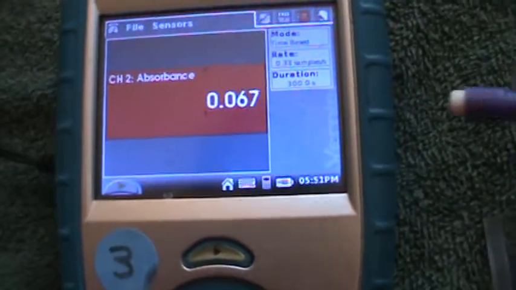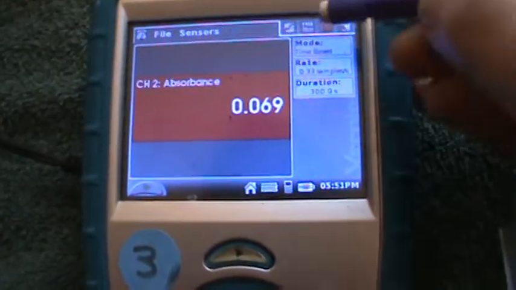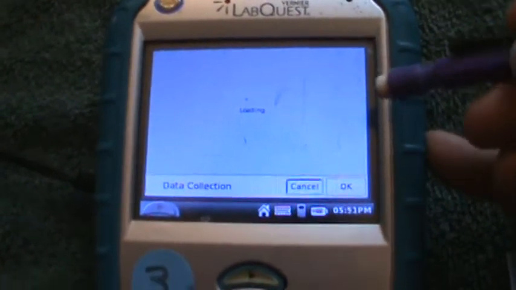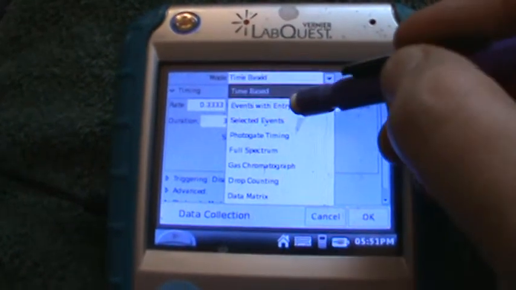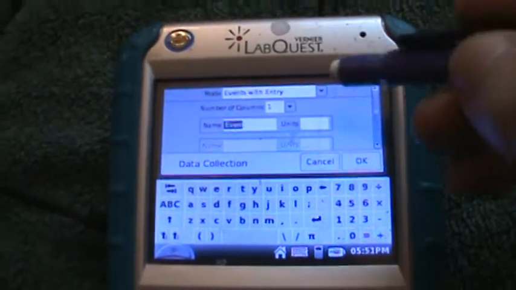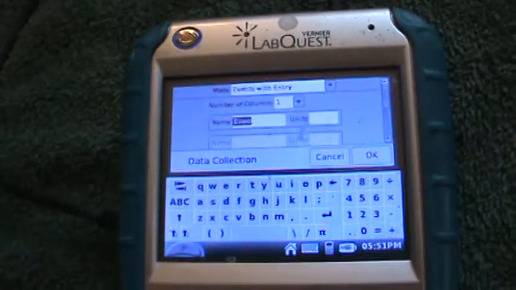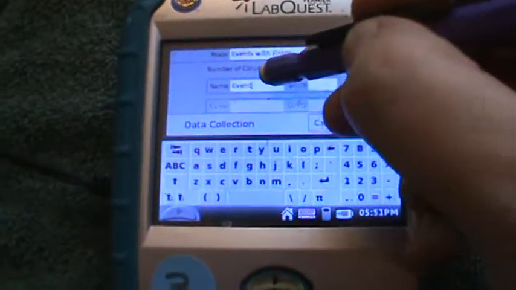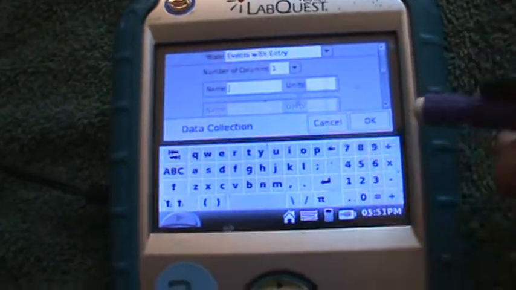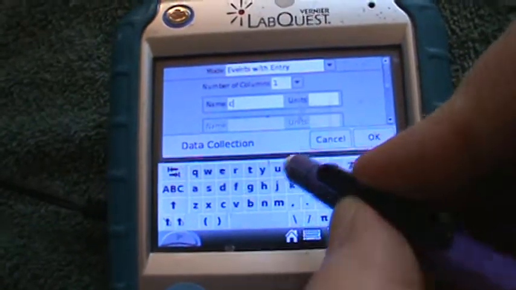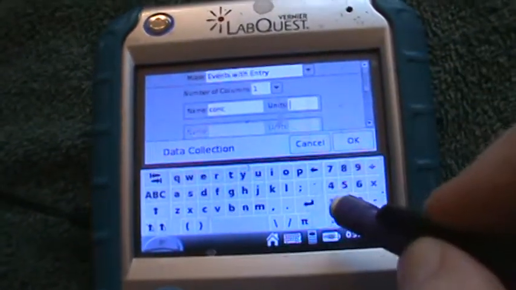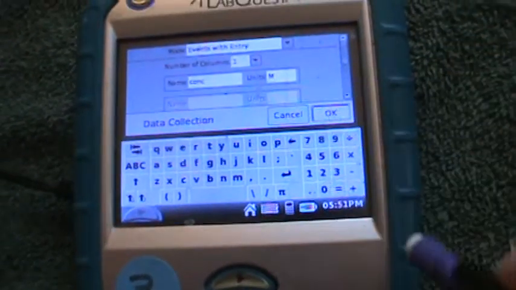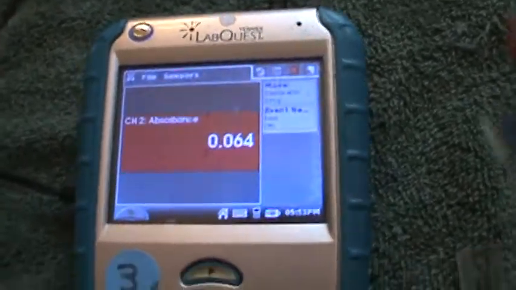Okay, and now it's showing absorbance, which is what we're going to be looking at here. And I need to change my mode to events with entry. Okay, and let's see, I'll have absorbance on my y-axis and concentration, C-O-N-C for concentration, and units, we're going to go ahead and make that a capital M for molarity. Okay, so